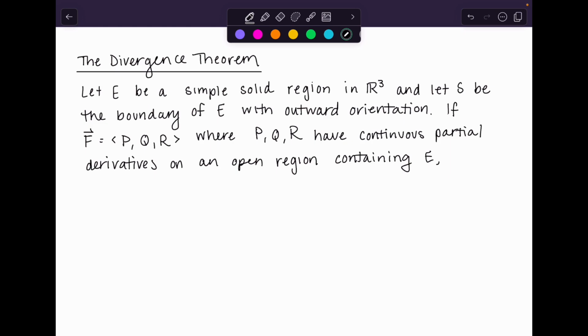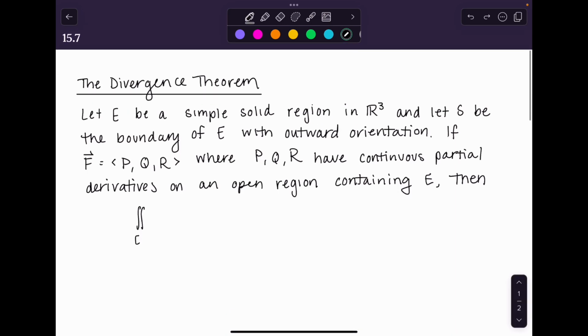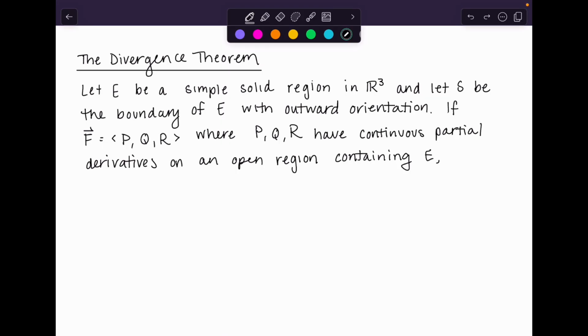Okay. Then if we want to evaluate the surface integral over the surface S of the region E of this vector field dot those normal vectors,